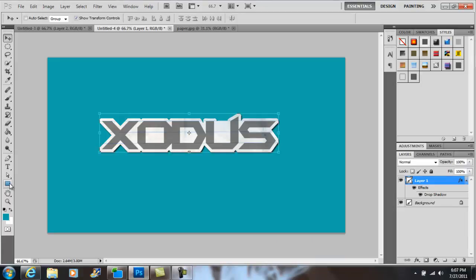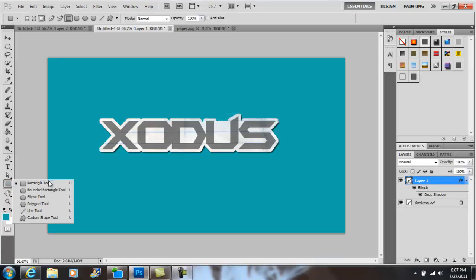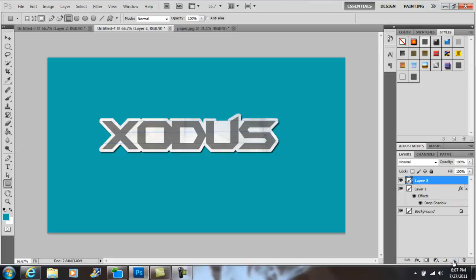Now if you want to know how to get a piece of tape, you just click on this rectangle tool. And you want to get a pretty decent size. Say about like that. Oh, never mind. Forget that. You got to create a new layer first. Sorry, I forgot to tell you that. You got to create a new layer first so you can edit this rectangle. So create a new layer, then you're going to create a rectangle,